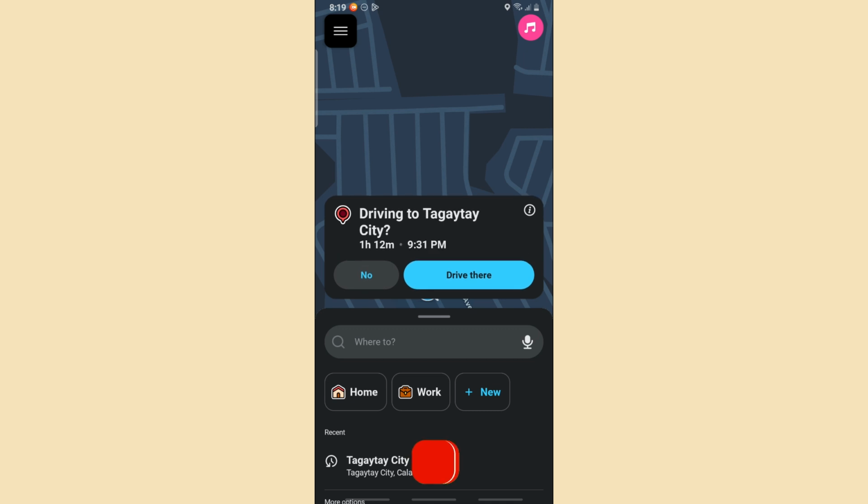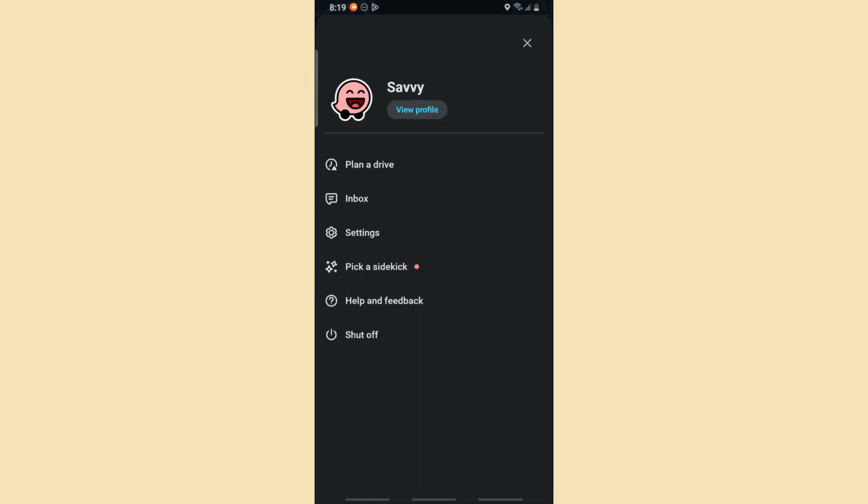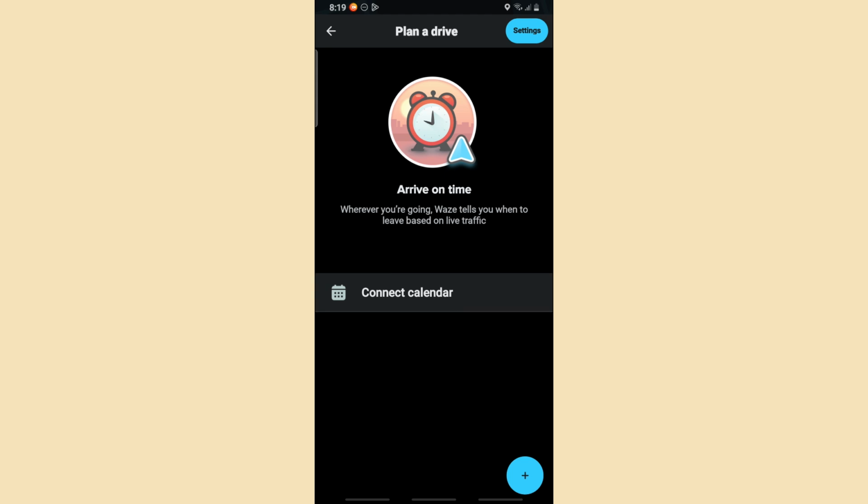Now, to save a drive on Waze, select the three lines on the top left corner of the screen. Now, over here, as you can see, you will have an option, plan a drive. So tap on plan a drive, and from here you can connect your calendar as well if you want to be more detailed. But if you just want to save a simple drive, select the plus icon down below, and